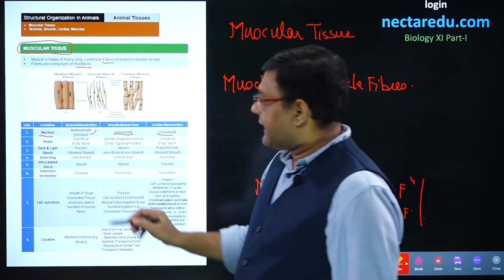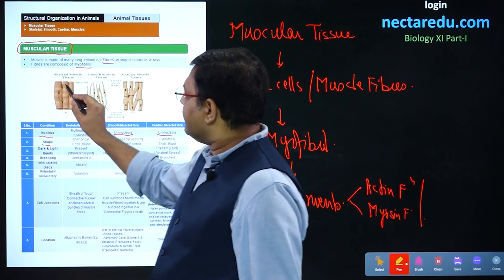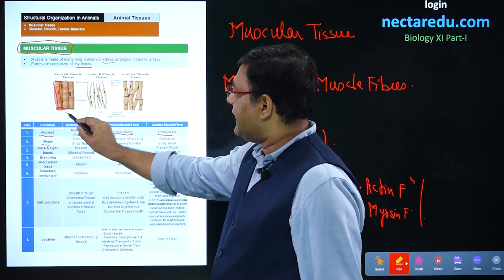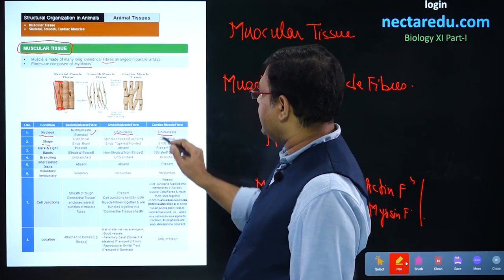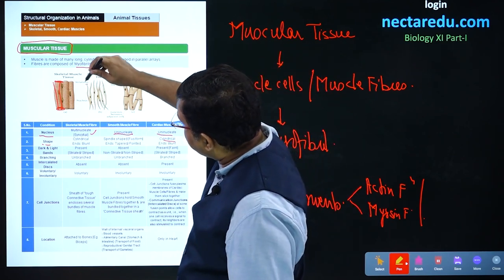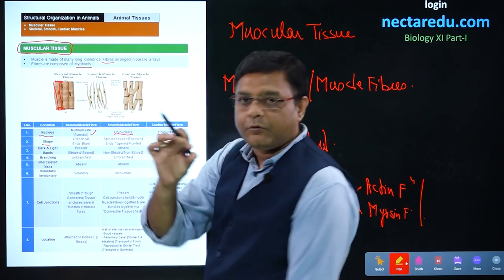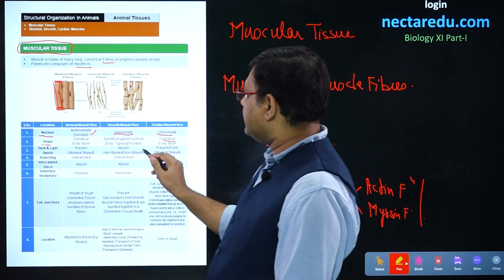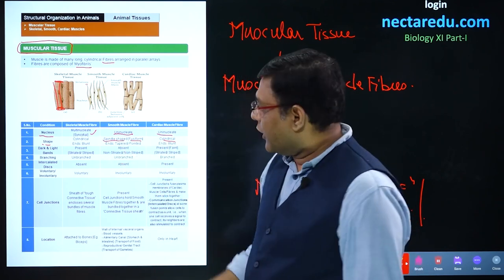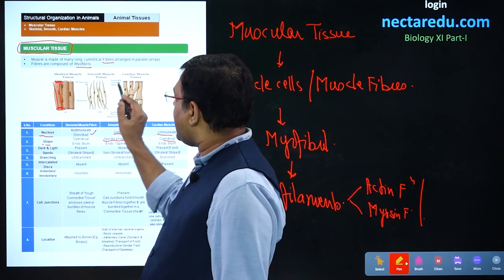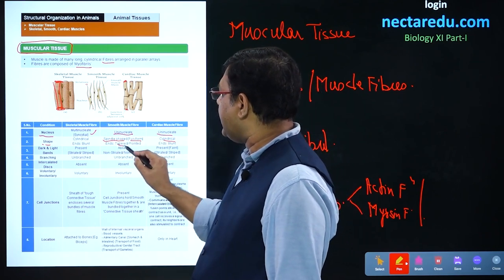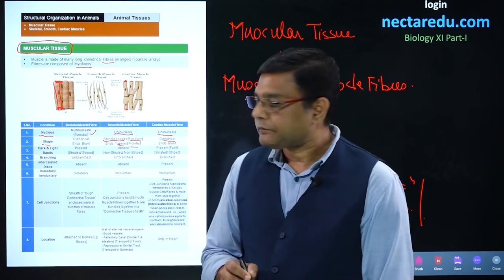This fusion doesn't happen in smooth and cardiac muscles, so the nucleus is normal, that is, uninucleate. Second, talking about the shape, the fiber shape is cylindrical in the first case. It is cylindrical in cardiac muscles too, but in smooth muscle it is pointed at the ends and broader in the middle, and this shape is called spindle shaped or fusiform. The ends in the others are blunt ends, but in spindle fibers, they will be tapered or pointed ends.